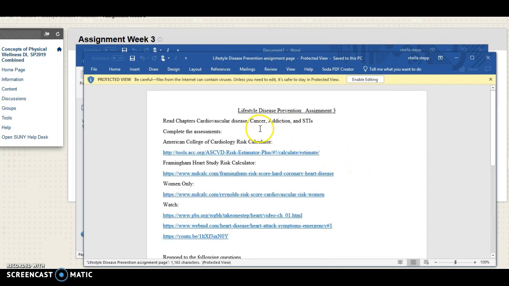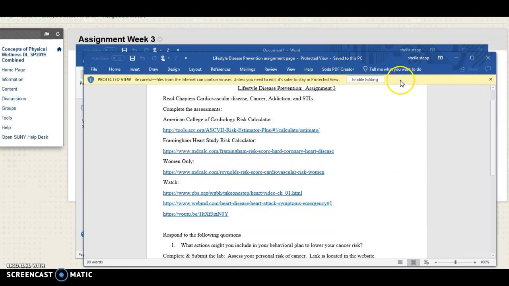It talks about reading these different chapters. There are some risk calculations. If you are having trouble or you're unable to review or use those calculators, then you want to write down in your homework why. What's the challenge? I wasn't old enough. Somebody called me or emailed me to tell me that. I don't know my numbers.